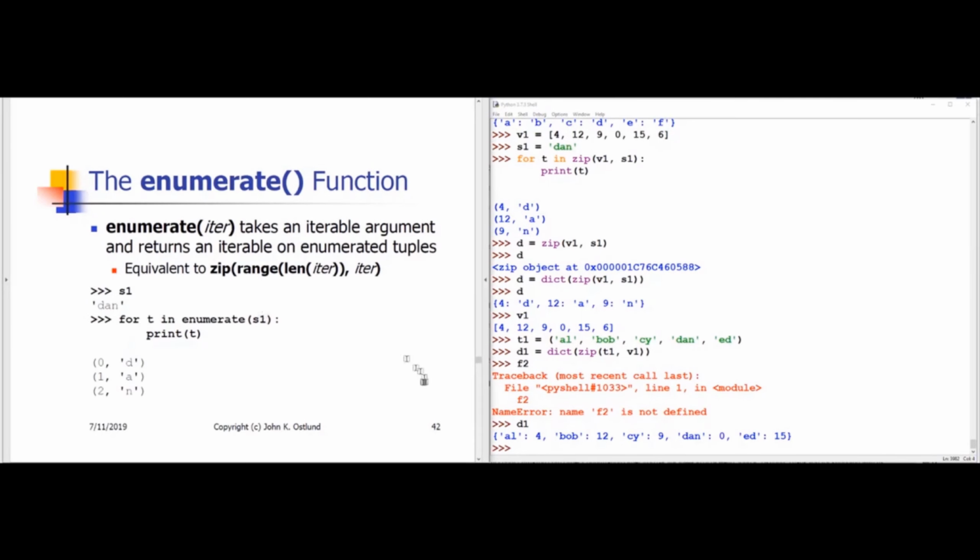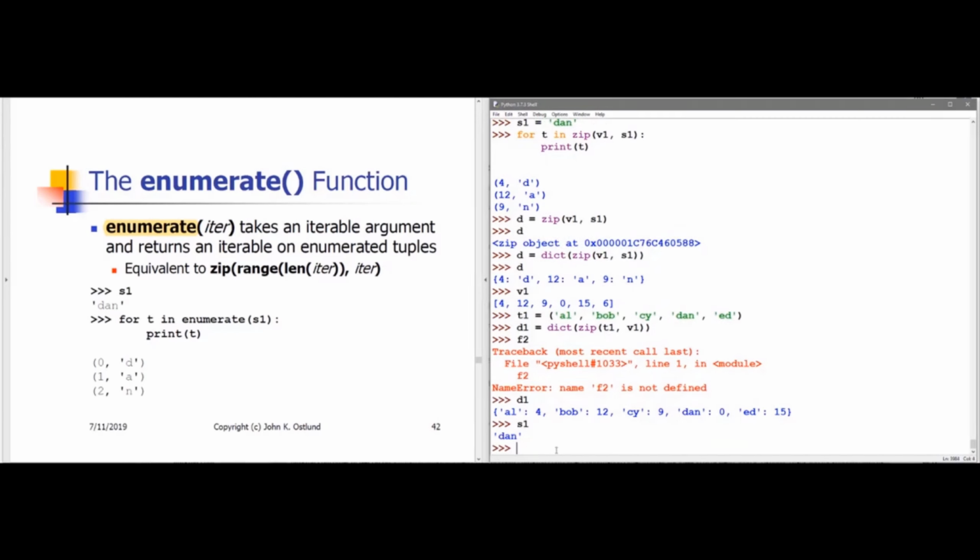Another nice function that you can use to, among other things, build a dictionary is enumerate. Now, enumerate creates an iterable from some existing iterable in which each item of the existing iterable is paired with a sequential integer value, 0, 1, 2, and so on. So let's take a look at a simple example. I have S1, Dan, and if I enumerate Dan,